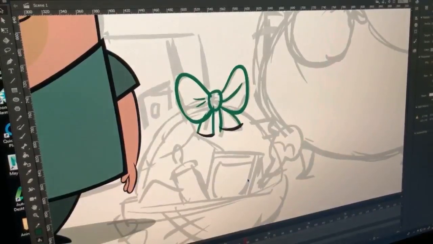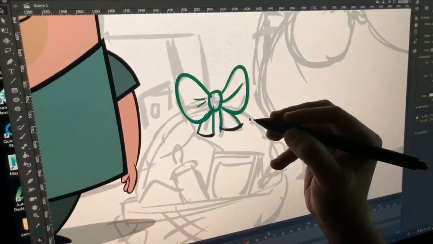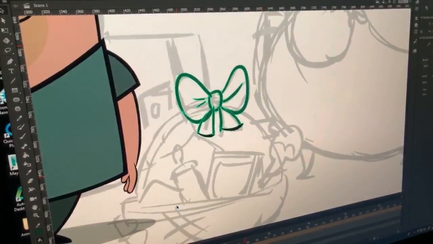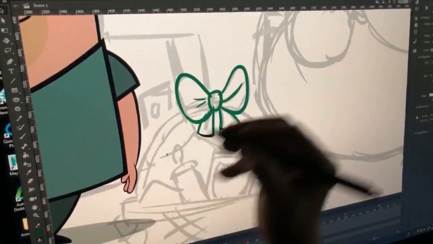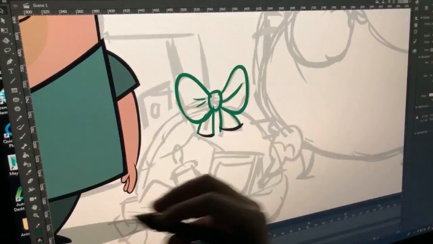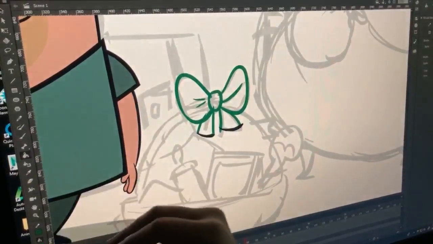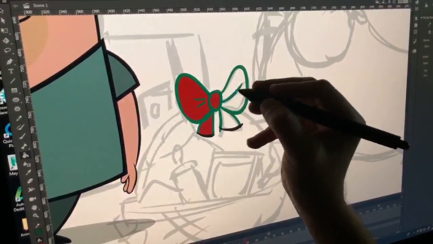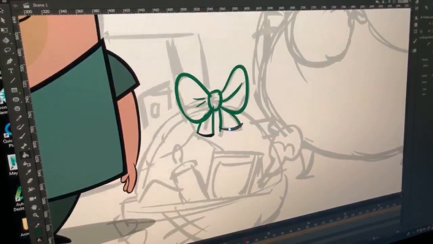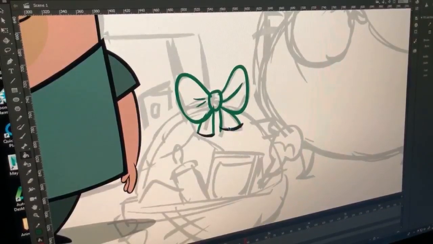Oh, and are you talking about filling it with color? Yeah, if you need to color it in, then when I'm done, I break it. I press Control B, so it becomes one piece. And then I'll go in and color. But I don't want to do that yet, so I'm going to undo. Okay.